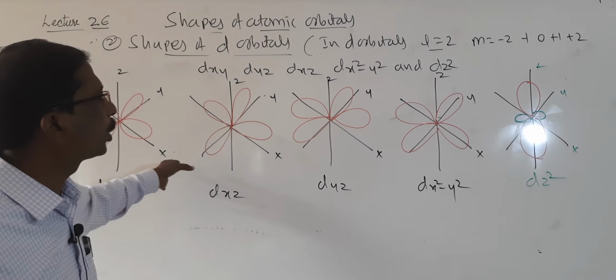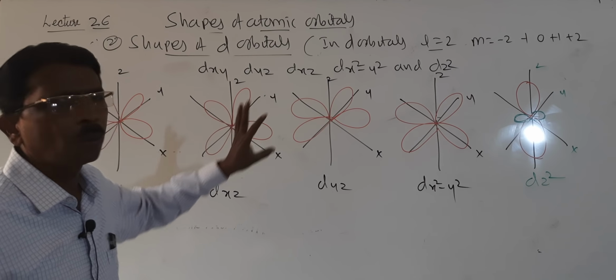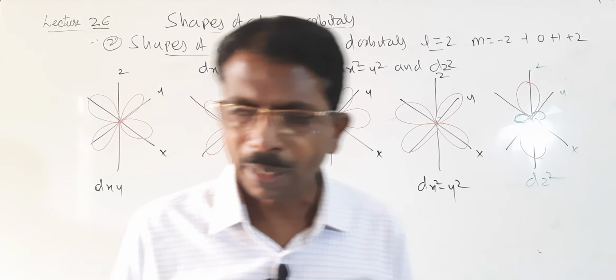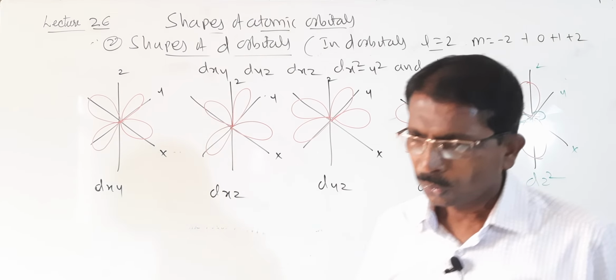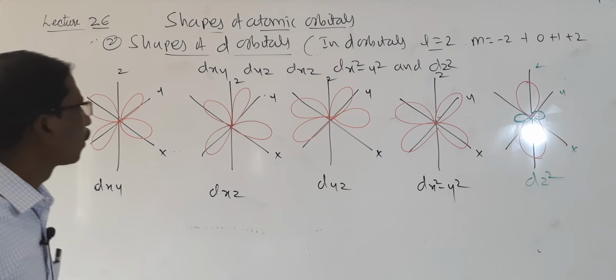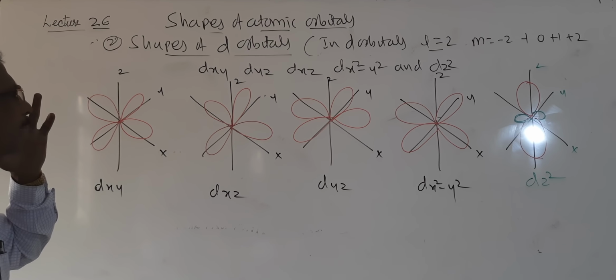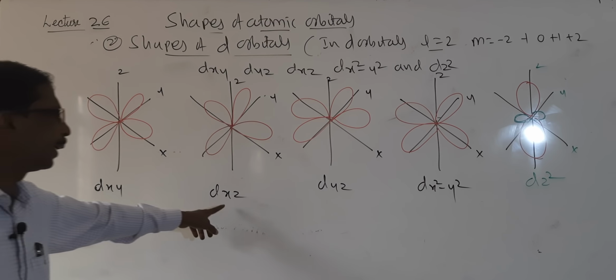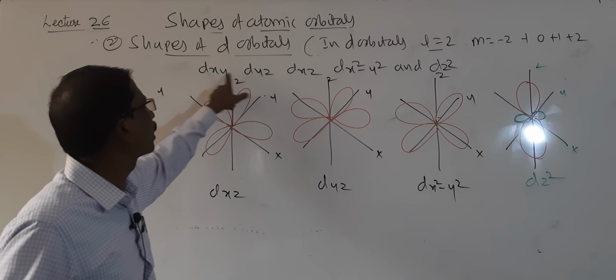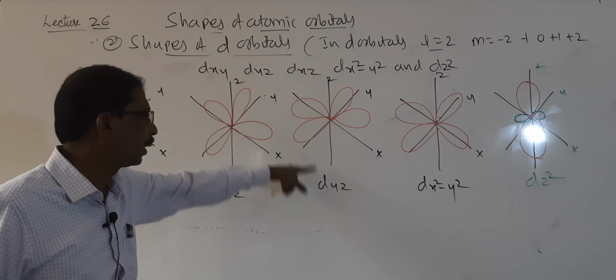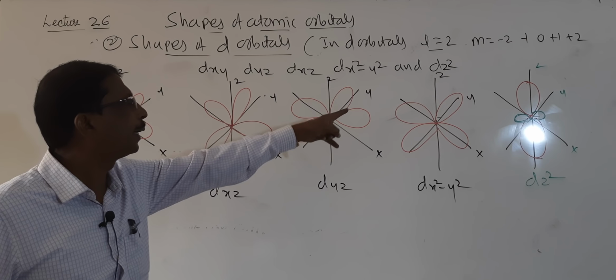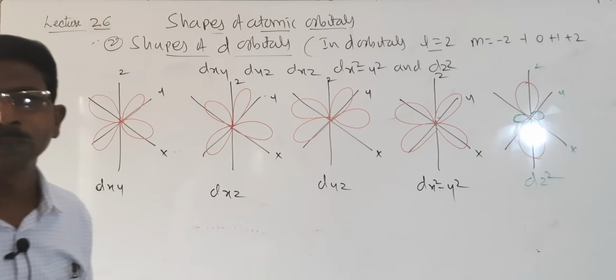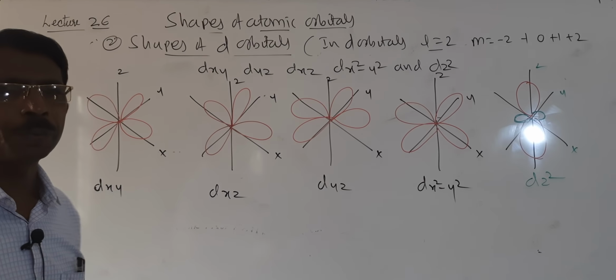It is dumbbell shape and L value and M value, right? And here these have dumbbell shapes. So here the last one, so these 5 orbitals are there. So these are called dxy, dxz, dyz. Here slight variations are there, dxy, dyz is here, and xz, and dx square minus y square and dz square. So these are the shapes.